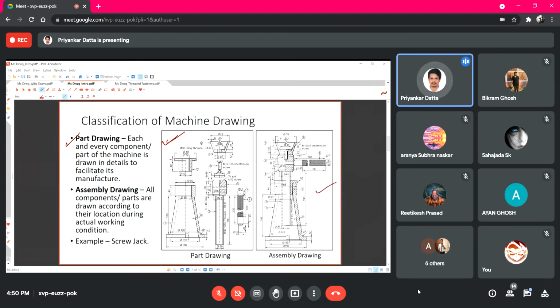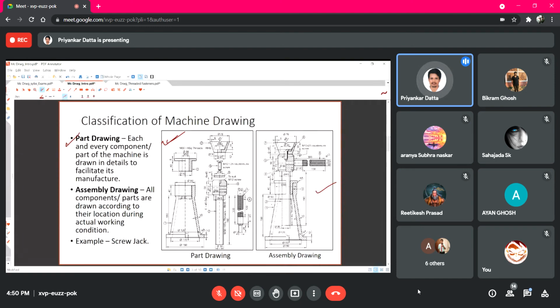Now you may have noticed that in all the cases here it is shown using half sectional views, and that is why these sectional views are very much important. In actual classes, what is required of you is, if you get the part drawings, you need to finally visualize it to assemble all the parts with each other and create the assembly drawing.